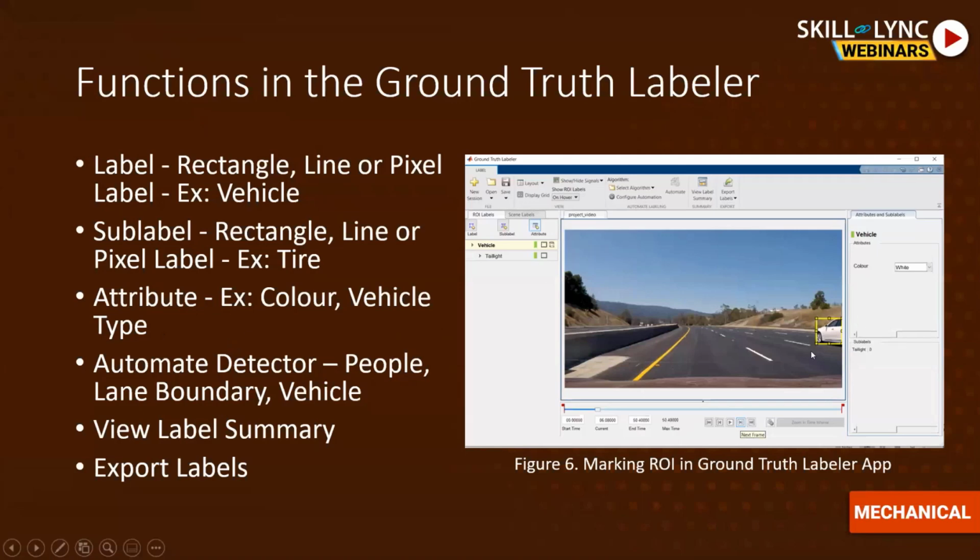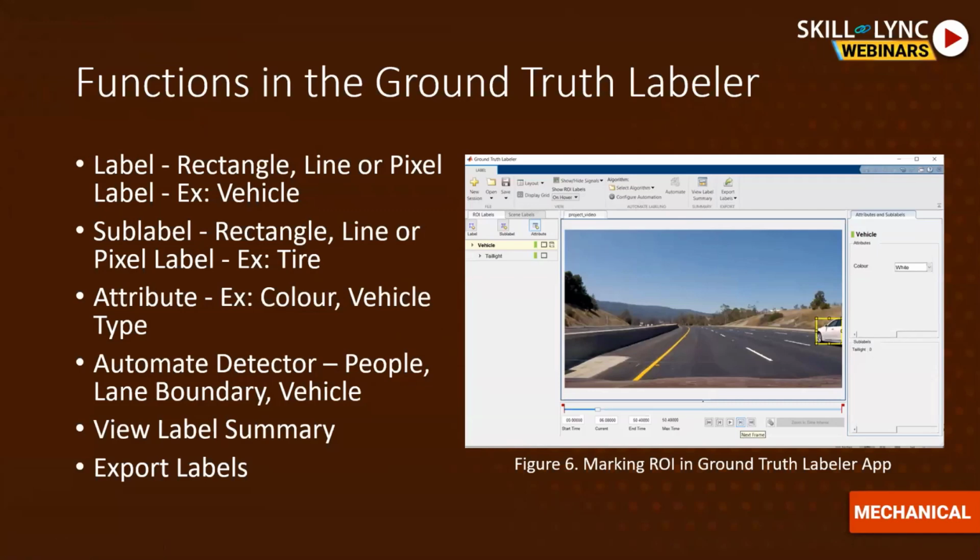Once I do all this labeling for one frame, this is done. But let's say I have a video and I want to do this for each and every frame. Drawing this region of interest for almost every frame in a video does sound like a tedious task. That is why we have an option called automate detector. There is an option to select an algorithm where you can choose the region of interest and then click on automate algorithm, which will track this region of interest across the video frames.